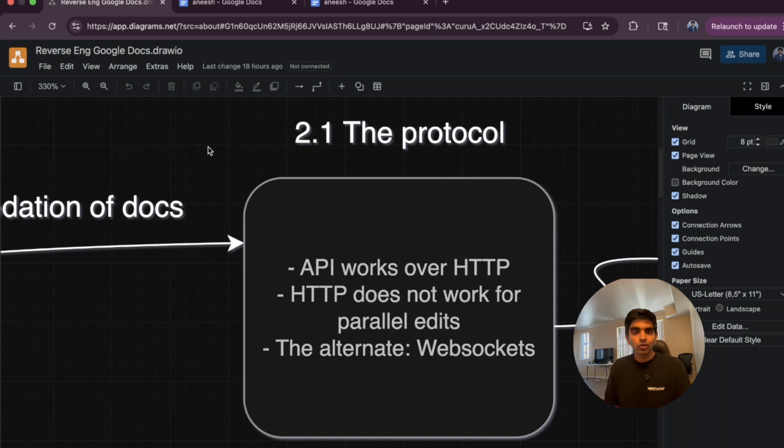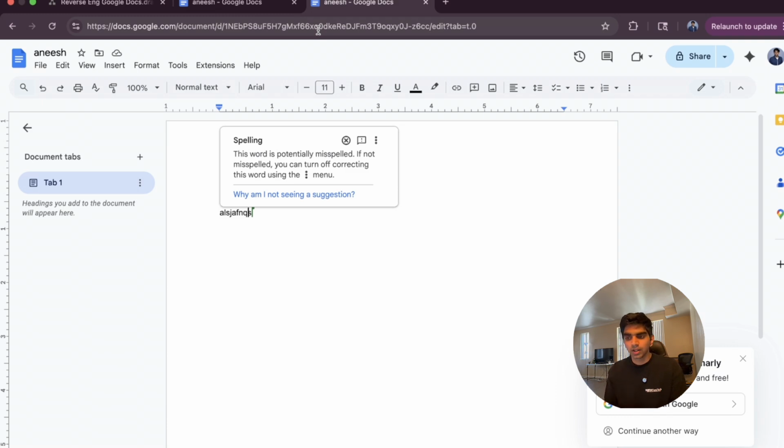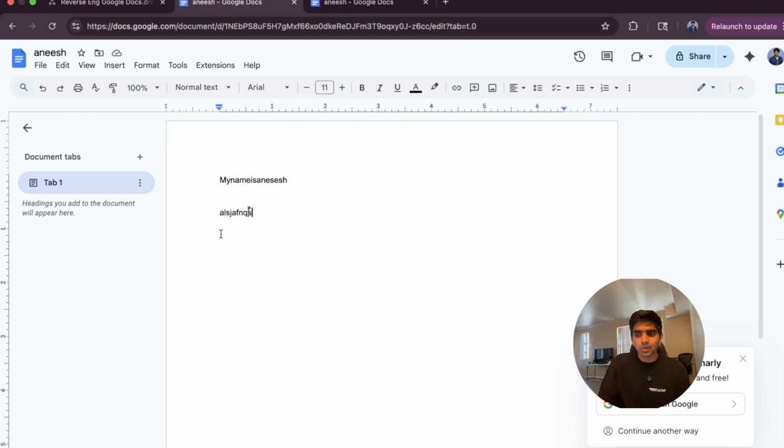Now, the HTTP protocol is meant to be built over a request response model, which means that the client requests something to the server and the server responds back with a response. Let's understand something here. Let's say theoretically, I was using HTTP and I actually need to send this new edit that I made here to the other person who's also on this document. So theoretically, I send out an HTTP request to the server saying, hey, here is my edit, send it to all the other people who are on this doc. But